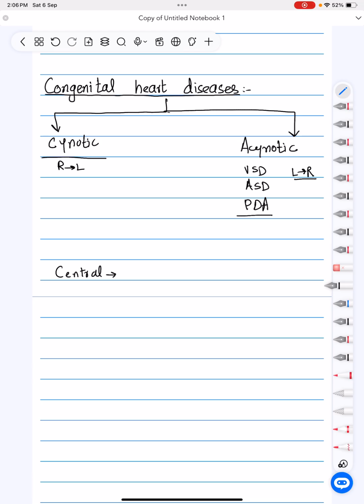You can also remember it by the terrible T's. There are 5 T's. There is tetralogy of Fallot, there is transposition of great vessels, then there is persistent ductus arteriosus, and then there is tricuspid atresia, and total anomalous pulmonary venous return. All these start with T, and they are known as the terrible T's because they cause cyanosis in